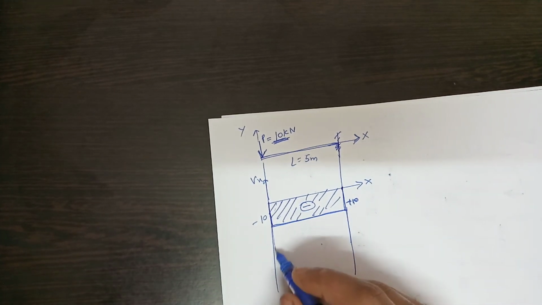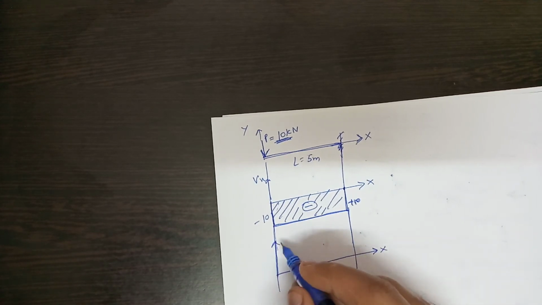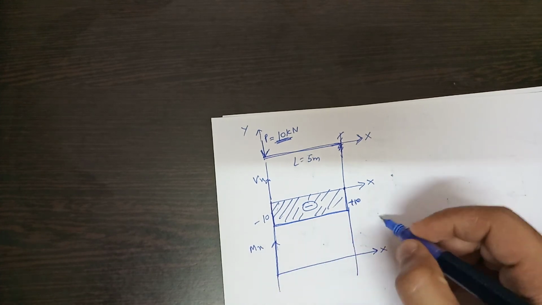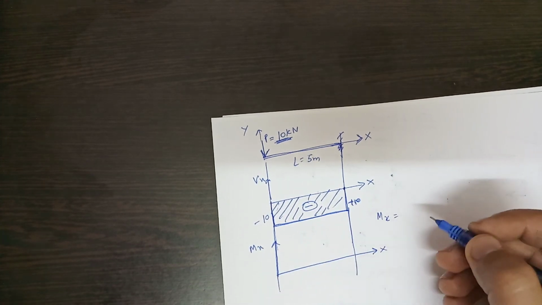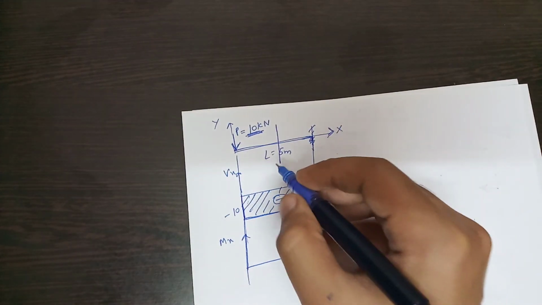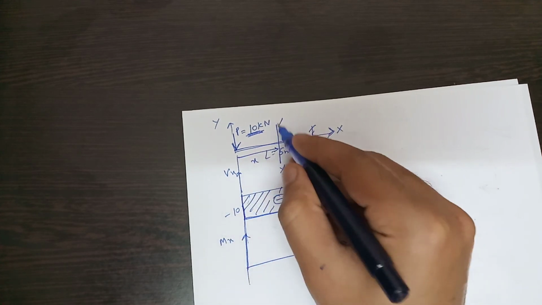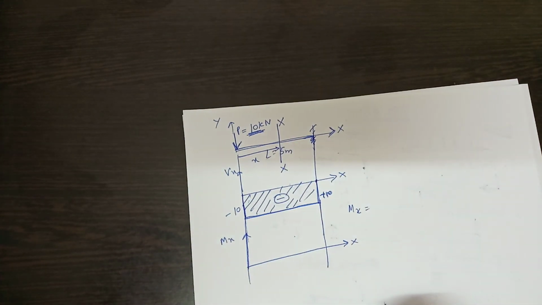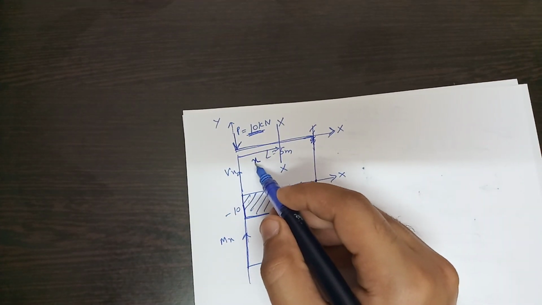Now let us draw the bending moment diagram. Bending moment is denoted by Mx. You can write the equation as well. Mx will be, let us take a section at a distance of x from the force. Okay, let us take a section x